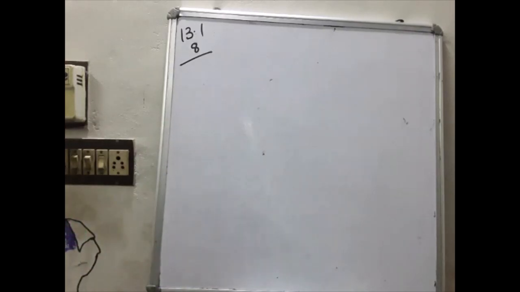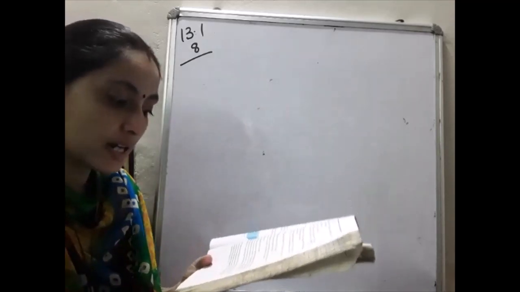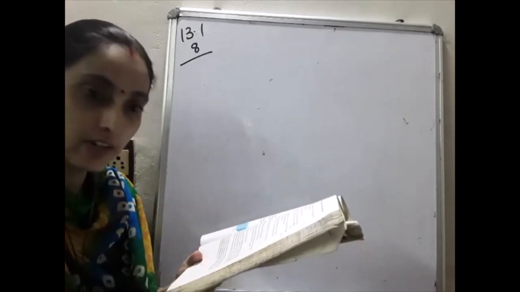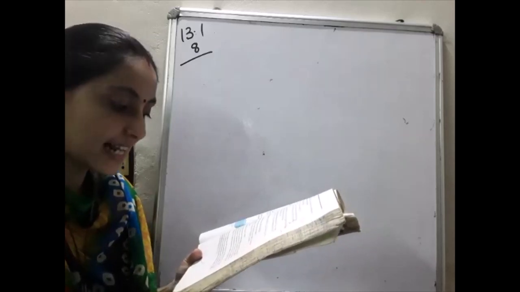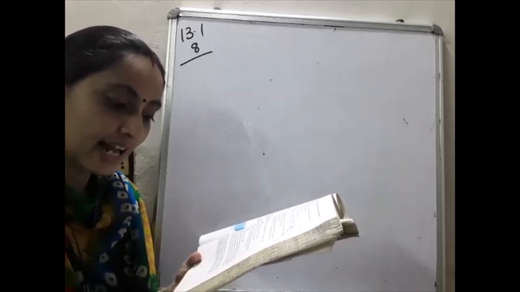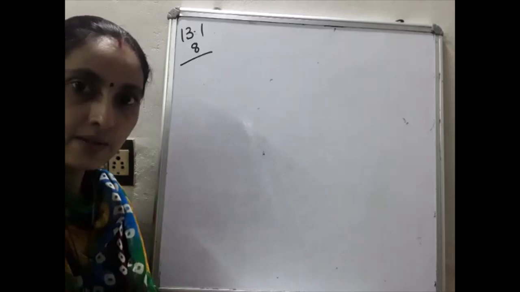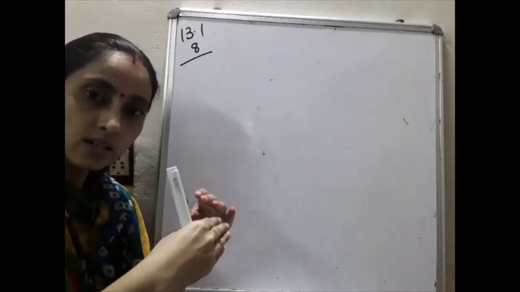Next question, 13.1, 8th question. The question is big, answer is small. Praveen wants to make a temporary shelter for her car by making a box-like structure with tarpaulin that covers all the 4 sides and the top of the car. That is a car shed, so the car is entering into the shed.